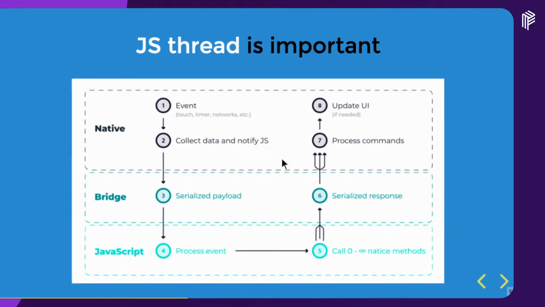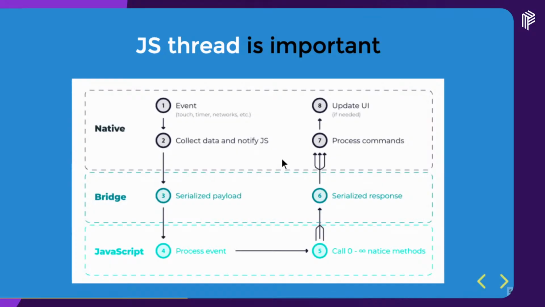And so on the JS side, you're supposed to process the click event from the native side and execute what you put in the on-press. The issue there is that if the JS thread is too busy, well, you have only one. So if it's too busy, it's not going to be able to do anything, so it's not going to be able to respond to the click.